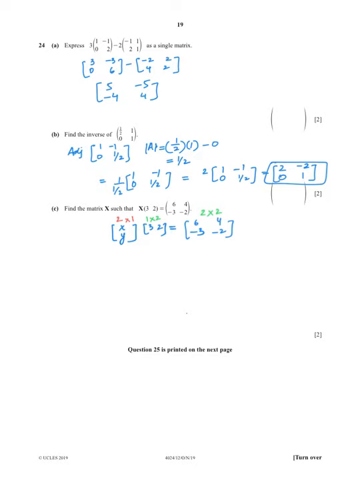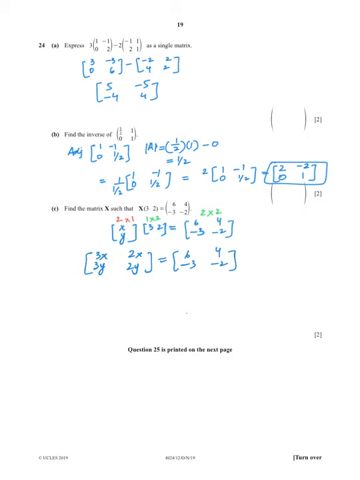Alright, how did I identify this matrix with the order of the resultant? We know that in matrix multiplication, the column of the first matrix and the row of the second matrix must be equal, and the leftover numbers represent the resultant matrix. Now you can start the multiplication procedure. So x times 3 will be 3x. Here it will be 2x, and in the second row 3y and 2y, and you can equate it with 6 minus 3, 4 and minus 2.